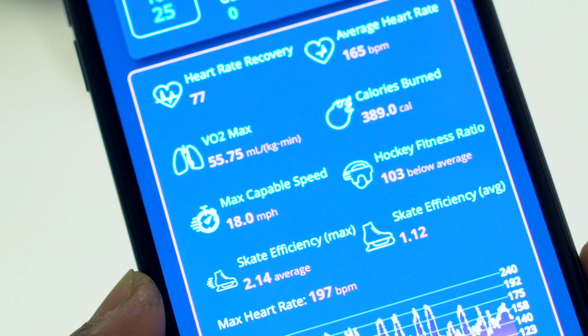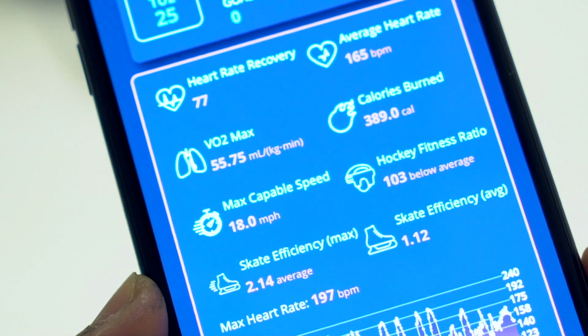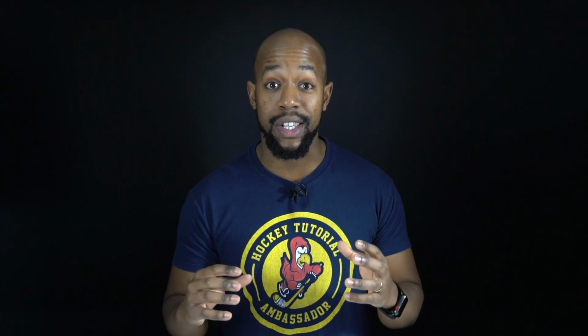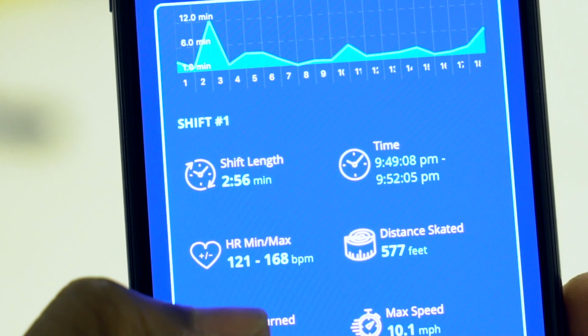Now again, another feature that I've never come across for an app built specifically for hockey players is the VO2 Max. Now essentially what this is, it's the maximum amount of oxygen a player can utilize during their training. Now this is a feature that I have never ever seen available to any hockey player that picks up an iPhone and an Apple Watch. Never seen that. Now when we look at my favorite feature on the HockeyTracker app, which is the automatic shift